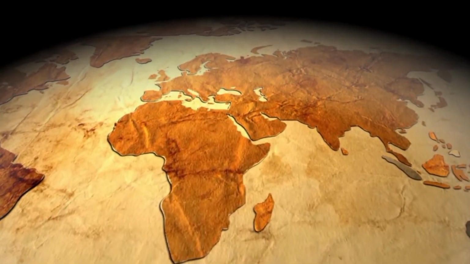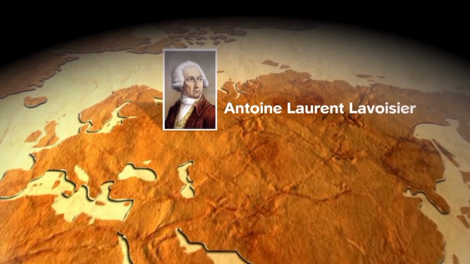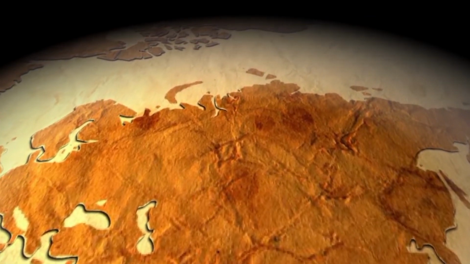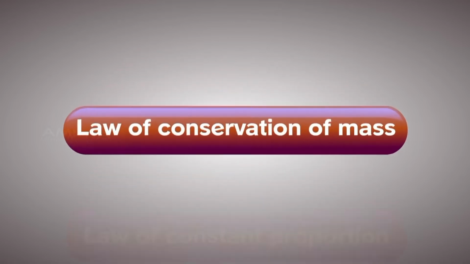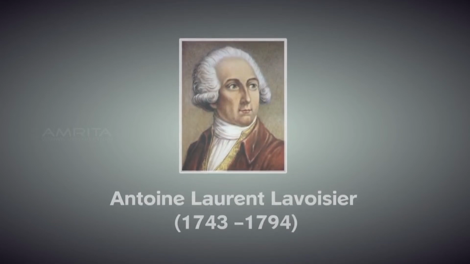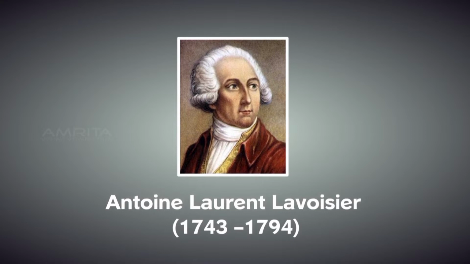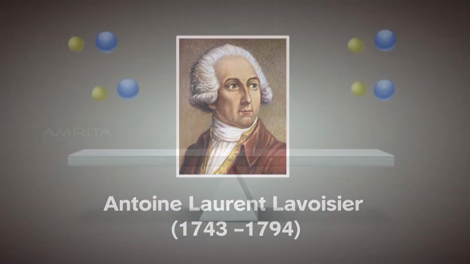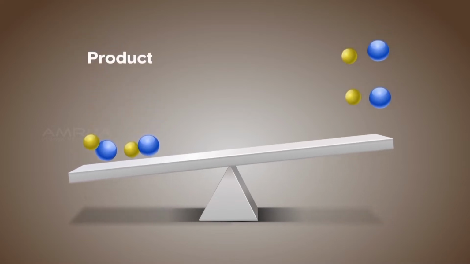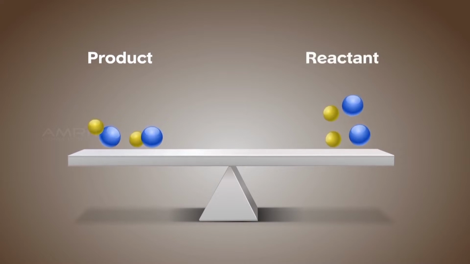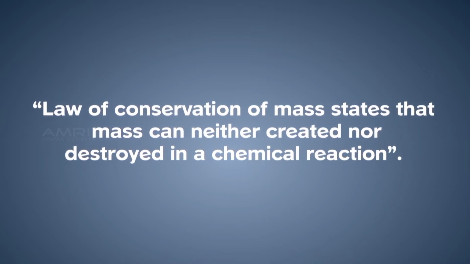In an era of scientific advancement, scientists found themselves amidst questions pertaining to fundamental principles of chemical combinations. Chemical combinations were studied, and these laws were theorized as the law of conservation of mass. The law of conservation of mass was established by French chemist Antoine Laurent Lavoisier in 1789. According to this law, the mass of the substance produced in a chemical reaction is always equal to the mass of the reacting substances. Therefore, the law of conservation of mass states that mass can neither be created nor destroyed